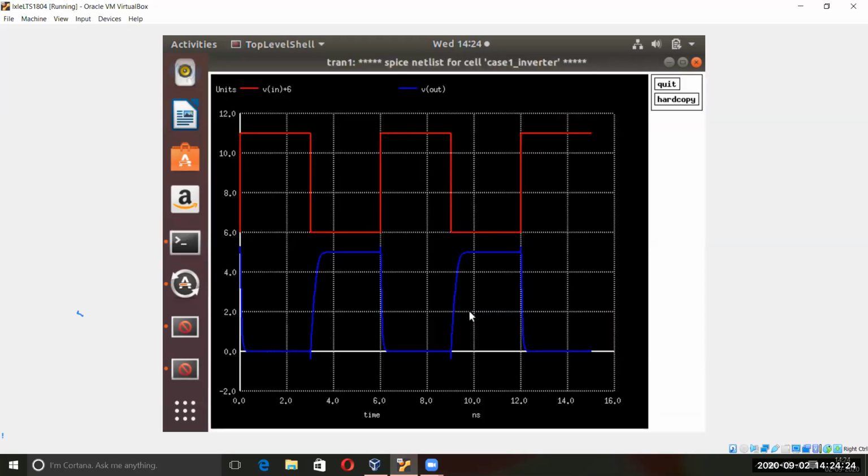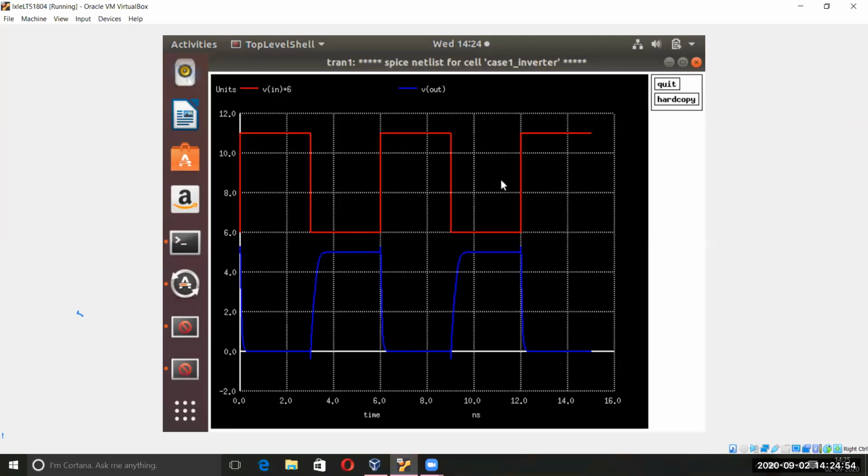Perfect. So you can see now the difference is there. At first, for the input, this is high, that is low to high, and then it goes down. TPLH, low to high, and this will show you the TPLH and TPHL, same.